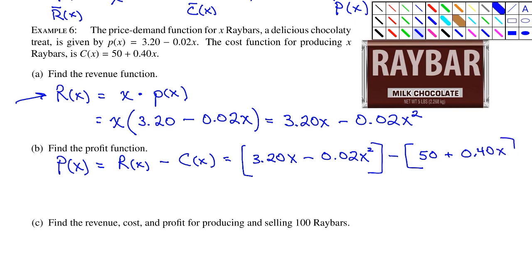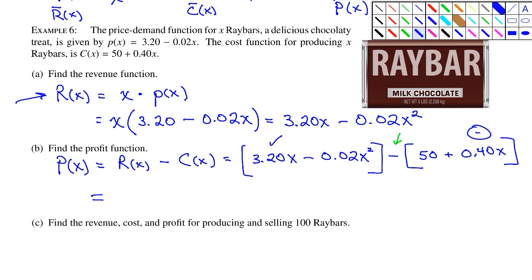0.40x. Notice I'm using these square brackets. That's to keep my revenue and my cost functions separate and delineated. The big reason for that, not the first one so much, but the second one. The biggest problem is people forget to distribute this negative appropriately. So you want to make sure you distribute that negative appropriately to get the right profit function. So when that negative is distributed, the 0.40x becomes negative. We're going to add that to the